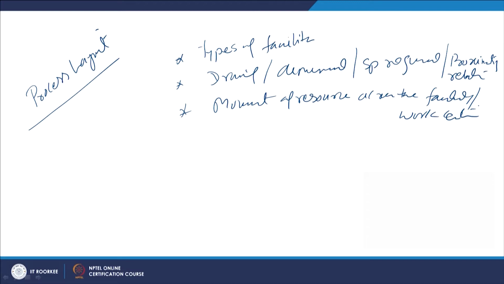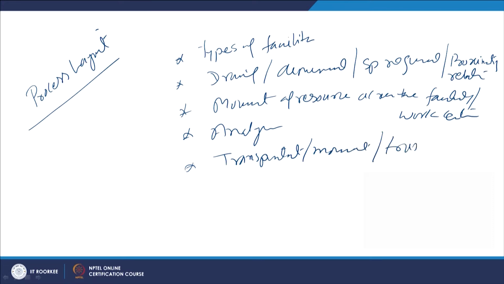Once we have this information, we can analyze it suitably to see what will be the combination for which, if the facilities are arranged, the transportation, movement and the associated travel, material handling, all these costs and times are reduced.